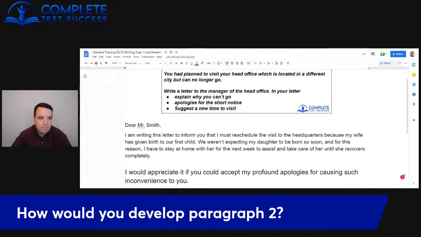That would be generally the next step in an apology. So just make it clear that you would understand their perspective and why they would not be happy about that. If I was to develop this paragraph, that's what I would do, to show them that I understand their side and why it is in fact inconvenient. It's not the only way, but that is how I would approach it.